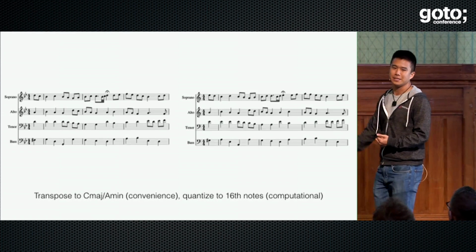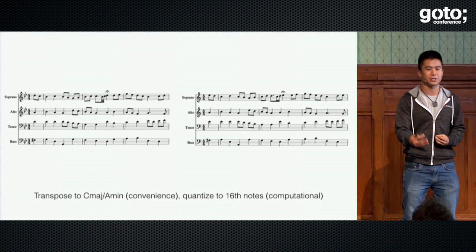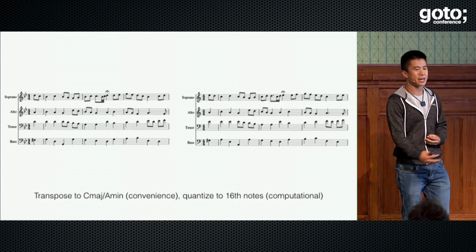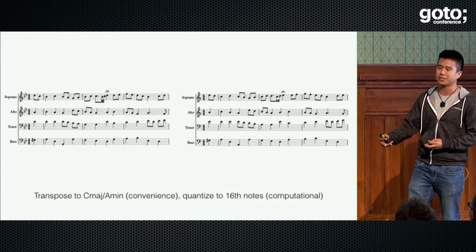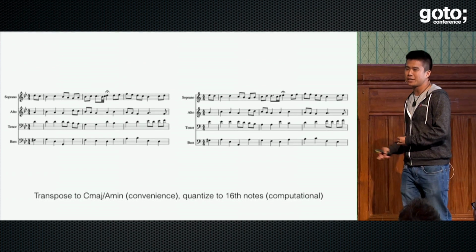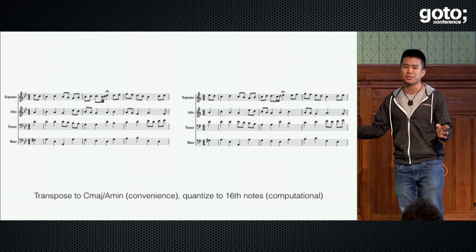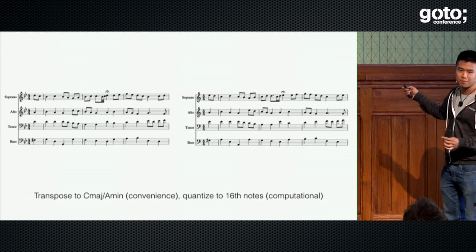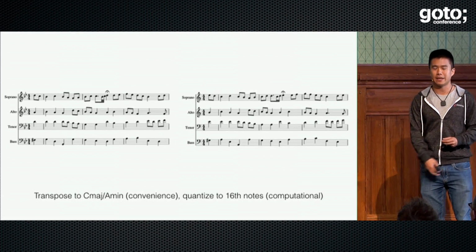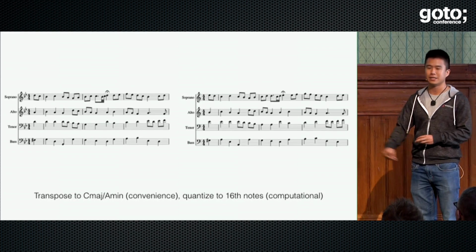And the reason why we did this is we didn't want to learn key signature. Key signature is usually something decided by the author before the piece has even begun to compose. And so key signature itself can be injected as a pre-processing step where we sample over all the keys Bach did use. So we removed key signature from the equation through transposition, and I'll justify why that's an OK thing to do in the next slide.